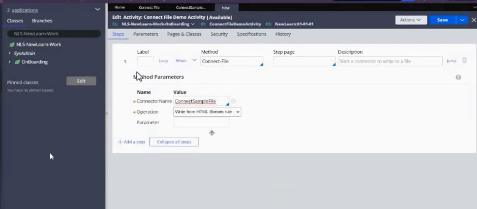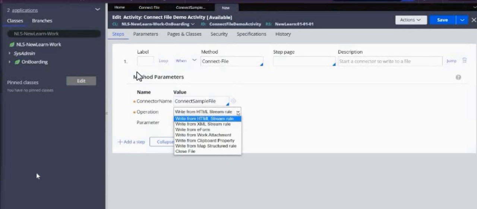Operations means which file you want to copy into your system. It can be an HTML stream, an XML stream, an eForm, a work attachment, it can also be from a clipboard property, or you can use a map structured rule, and there is something called close file. So we'll use write from clipboard property.